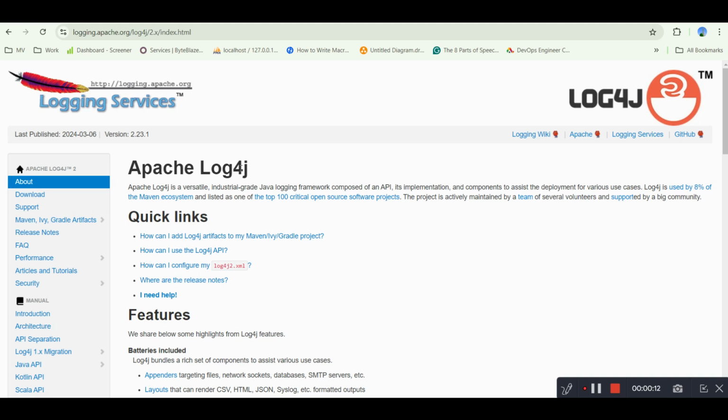So, what is Apache Log4j? Or if I ask you, what is Log4j, or what are the uses of Log4j? Why do we need to know about Log4j? This is something that we are going to discuss in this particular video, and here are the topics that